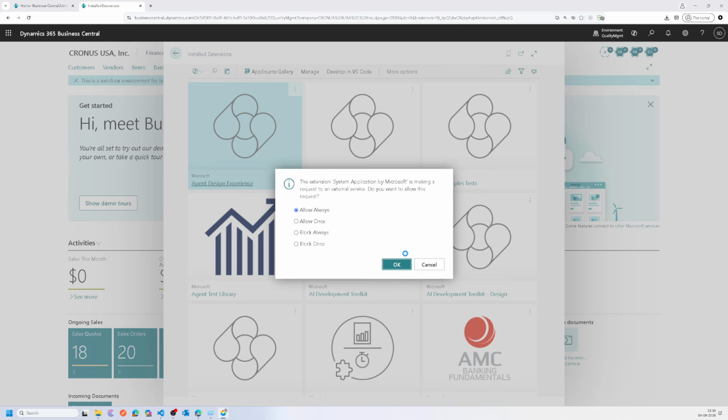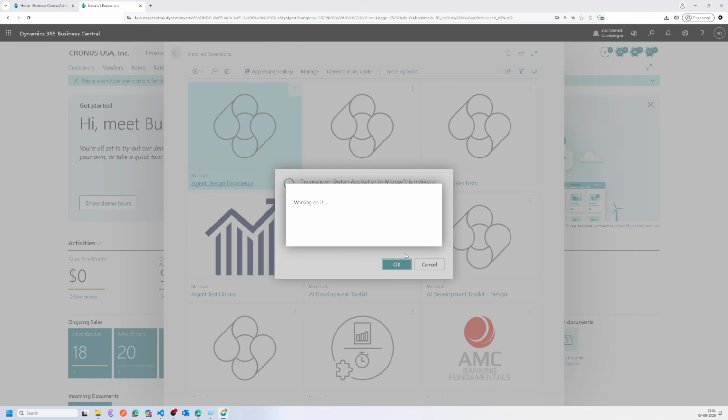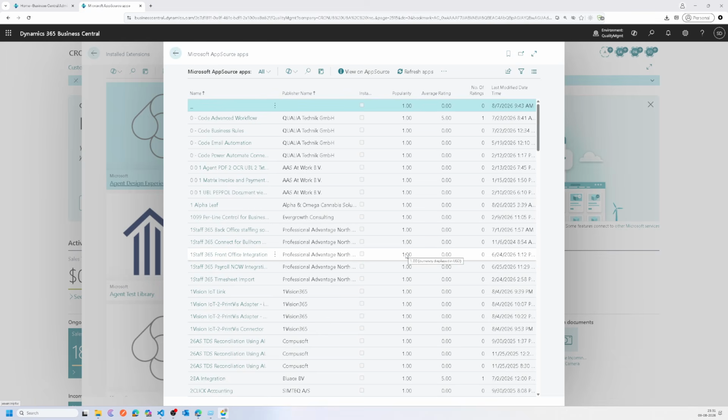Once you give it permission to extract the list of extensions from AppSource to Business Central, it'll just go into AppSource, get the list of all the extensions, and then show you on a list page. Now you can also do it from AppSource. This one or the same thing. With the recent enhancement, Microsoft have made it possible that users don't leave the Business Central environment to get an extension. So on this, I can search for quality,